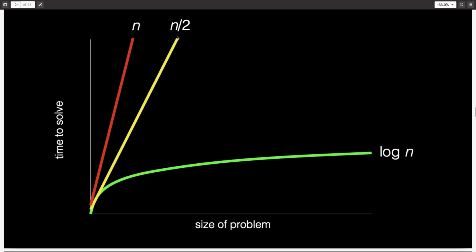The yellow curve is, let's say you turn to every alternate page instead of every next page. So that would take half the time. But this is still very long. But if you turn directly to the middle page and then discard half of the book, you would take log of the time, which is the shortest time.